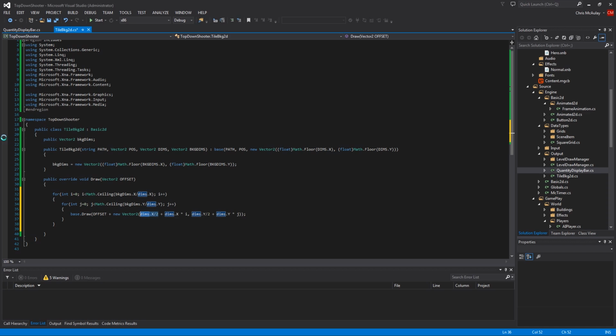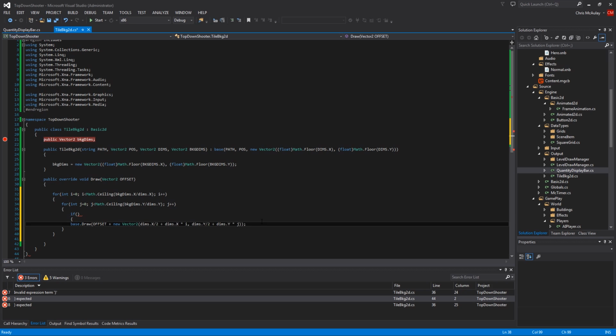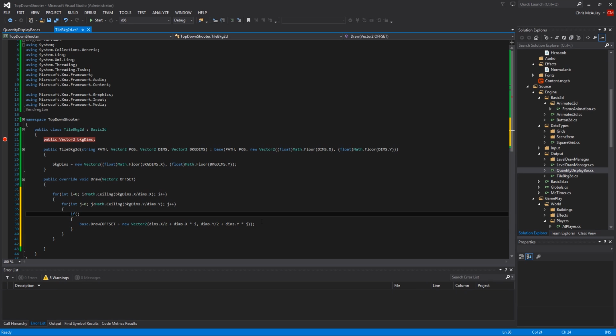Okay? All right. Good. So this will draw tiles and won't worry about the overflow. If you're not worried about overflow, there's your code. It's easy. Done. Okay? But we are going to worry about overflow. So we are going to run this anytime that it's -1. So all but the last time on both X and Y. Okay? So the way to do that is say i less than